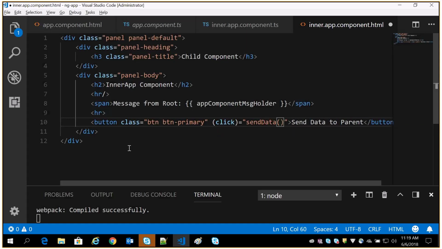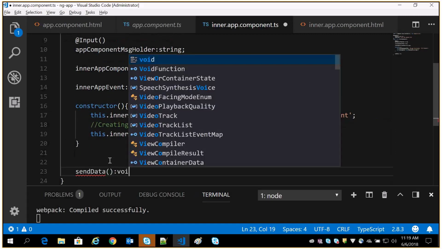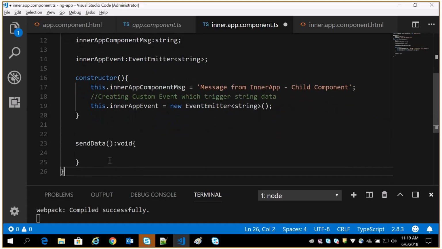So you all know where we are supposed to write this function. We are supposed to write it in the inner app component. So in the inner app component, I'm having a function called sendData, which is not going to return anything, so sendData as void. When I click the button, it's going to call this function. This function should trigger the event,